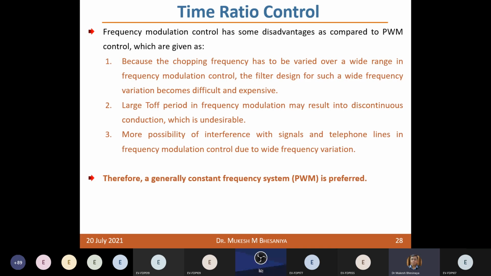If you keep your switching frequency constant, then the harmonics which are produced, or the variation in the voltage and current, is known to you, right? So it's easier to design the filter component. Another is